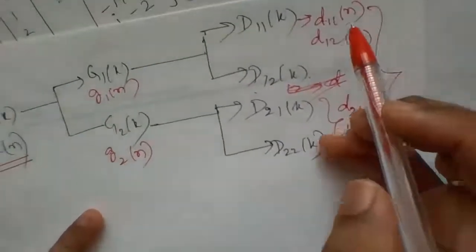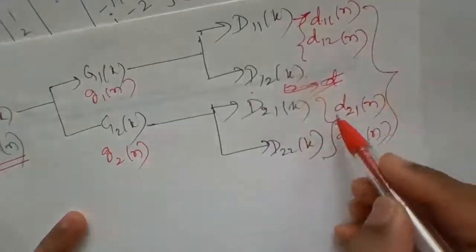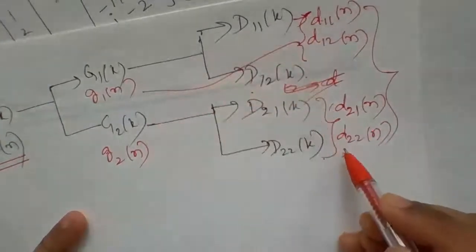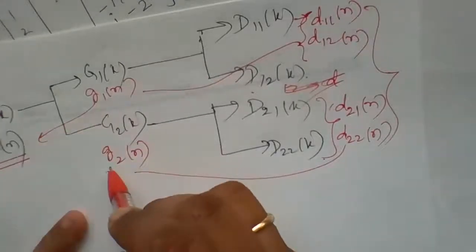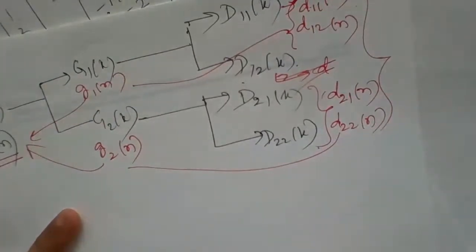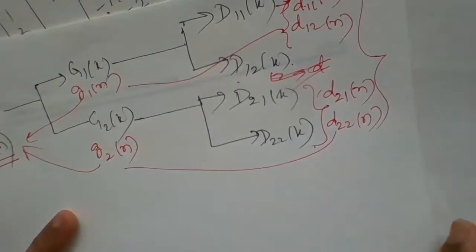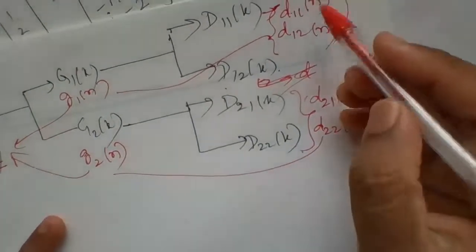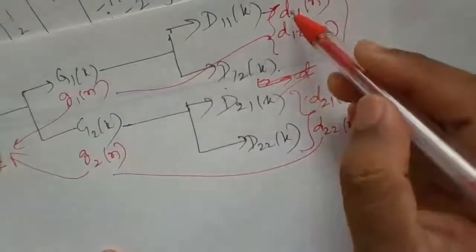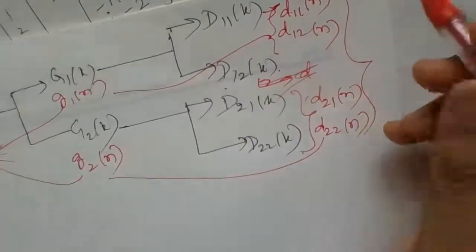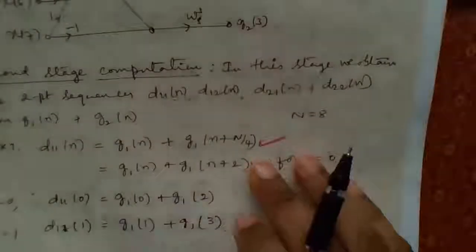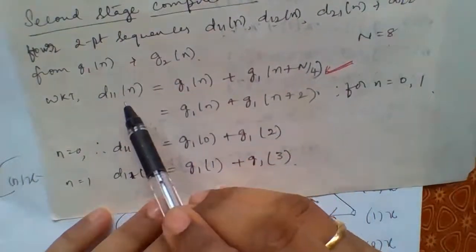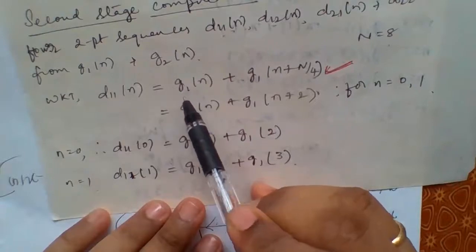So therefore we need to relate all these D11s and D21s with G1 as well as G2. G1, G2 are related with the x of n. So now when you are writing for the G1, we are going to generate the new set of sequences, that is all D sequences. Therefore now the corresponding equations that need to be considered are the generation of D11 of n, as well as the remaining sequences.